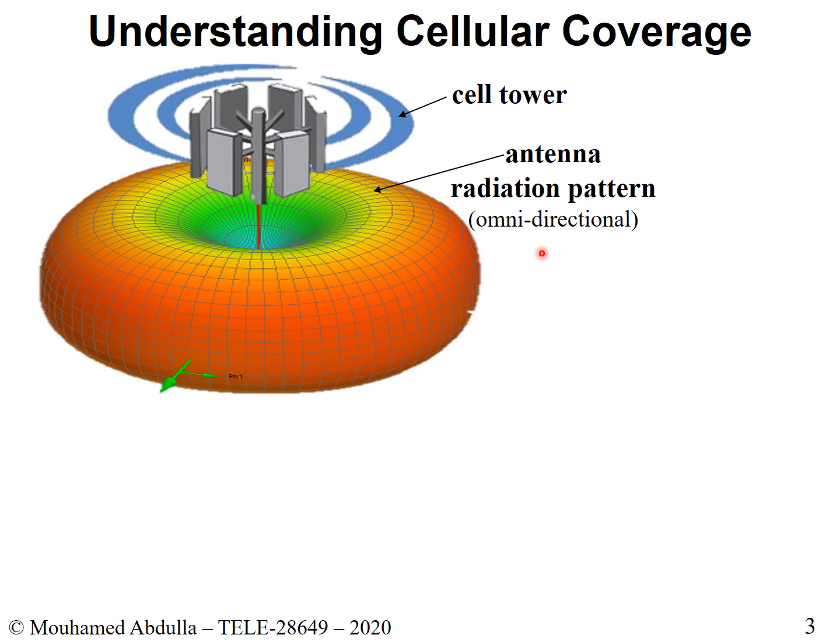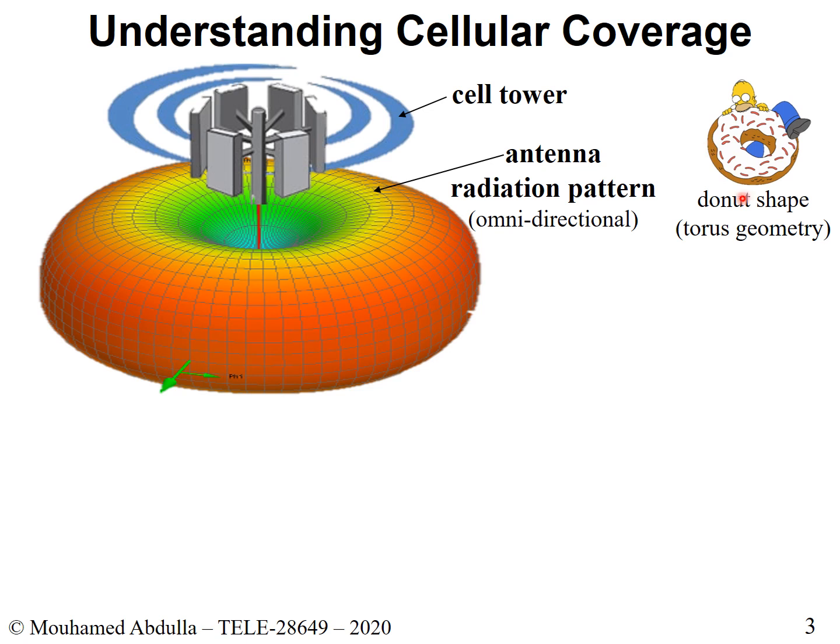And if you notice, the shape of it is like this. This is the shape that you have. It goes down from here and goes outward in this format. Now this has the shape of a donut. Geometrically speaking, it's a torus. That's the geometrical terminology that we use. But essentially, it's like a donut shape.